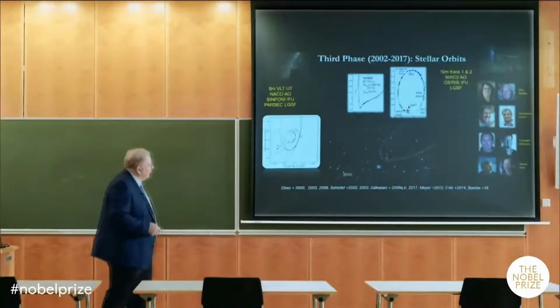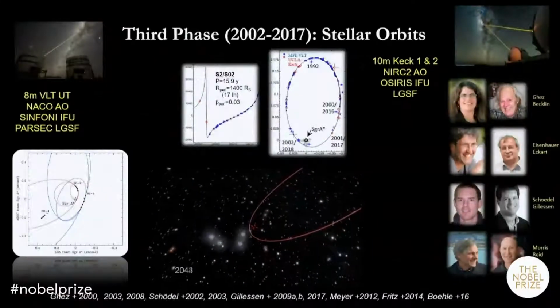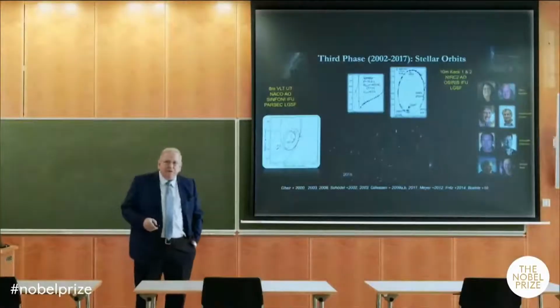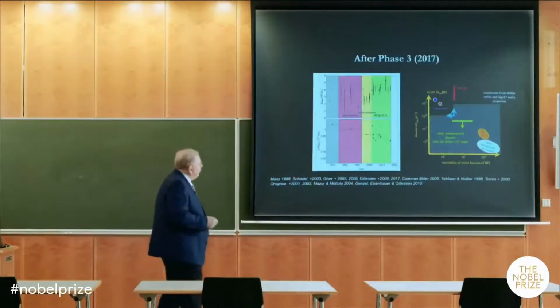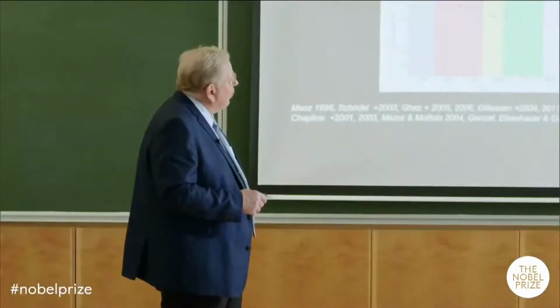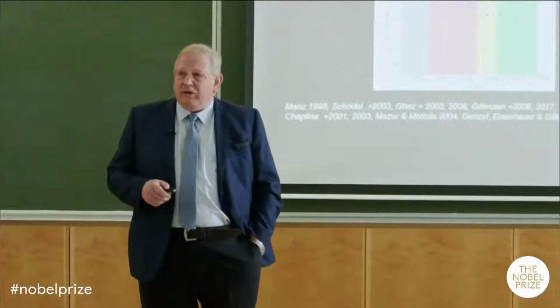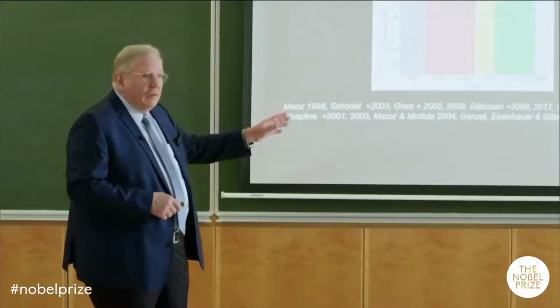Now, this is only one of the stars we followed. As you see in the movie down below, in fact, we have partial orbits for about 30, 40 stars. Yet this is the best one. So at the end of this stage, a few years ago, we had ever more precise measurements of the mass. And what's more important, because of this close approach, we could exclude that the mass is any more extended than about 100 times the event horizon size. So by that stage, the exclusion principle was very powerful.